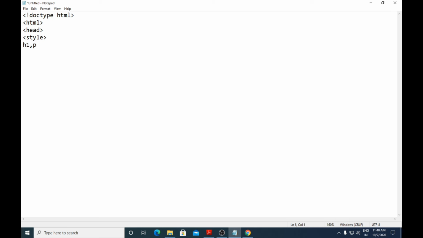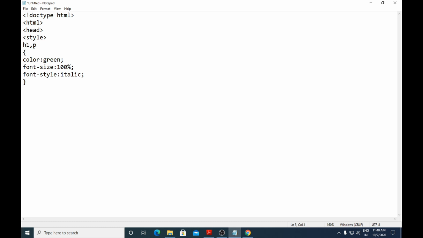For both of these we will give color green, semicolon, font size 100%. And then font style, here also I'll give italic. So this is how we have grouped the selectors, h1 comma p.